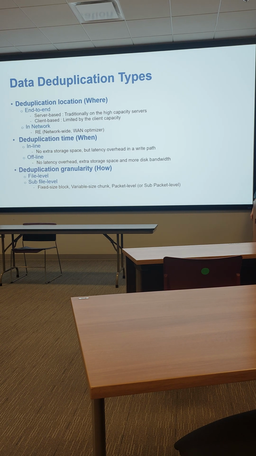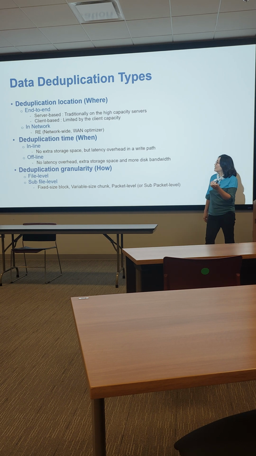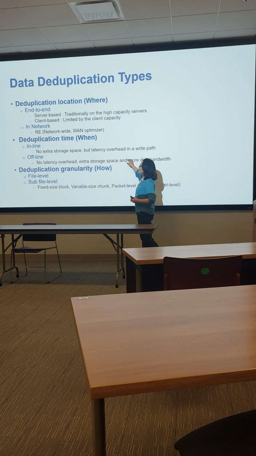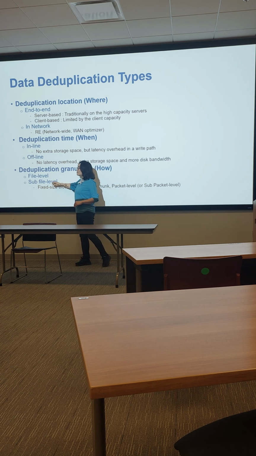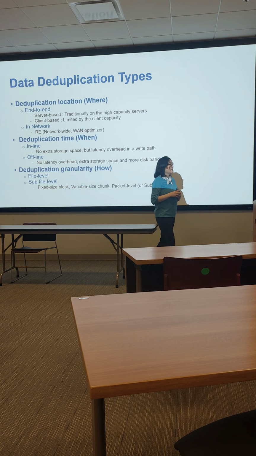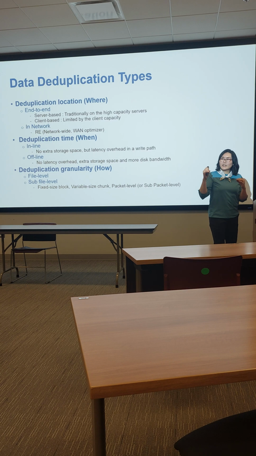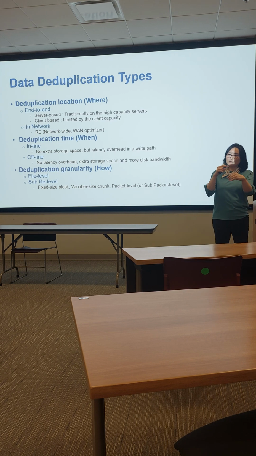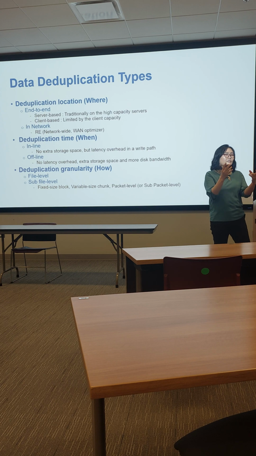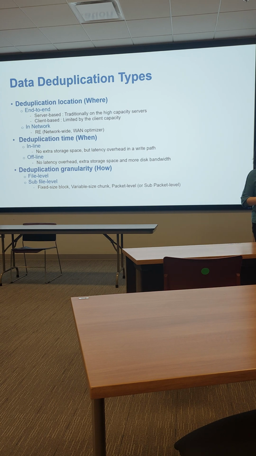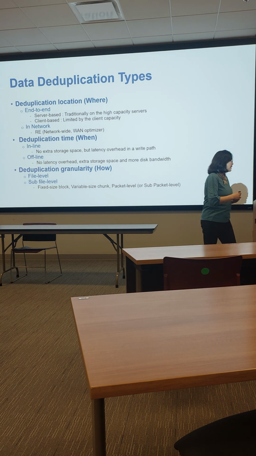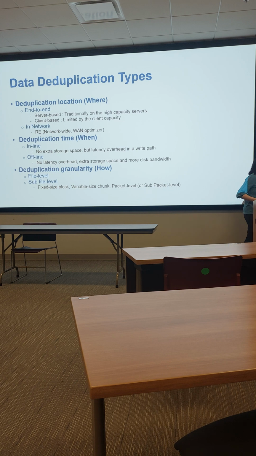So deduplication can be done at the endpoint or in the network. It can be done when data is being stored or already stored, and it can be done at the level of sub-file, block level, or file level. You can also see something in between, context level, like the email thread. If you look at email, there are a lot of threads if you just keep replying to the earlier email, right? That's what my former PhD student had done as part of this work. So let me stop here for today.